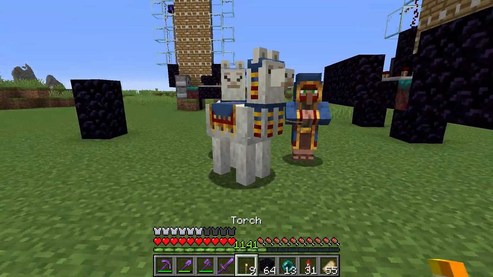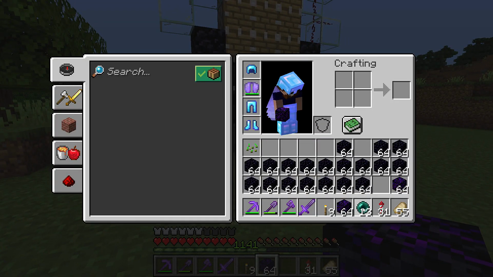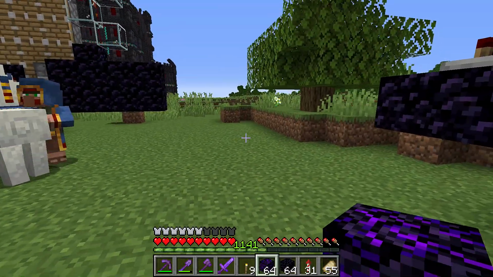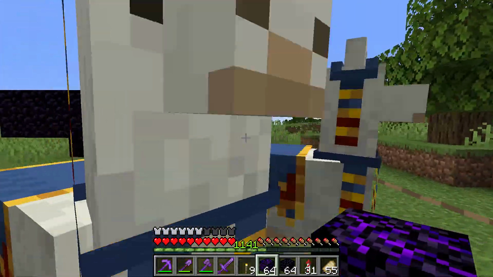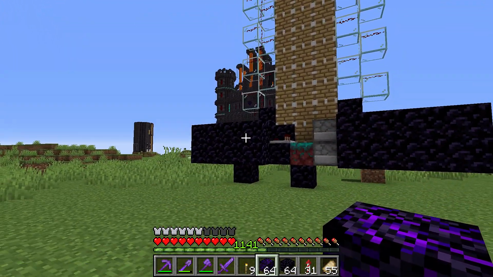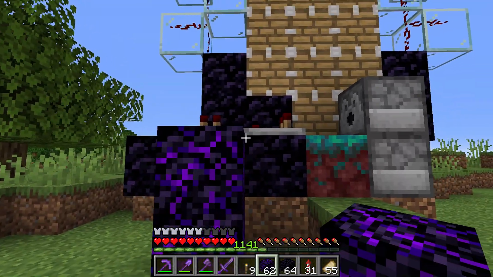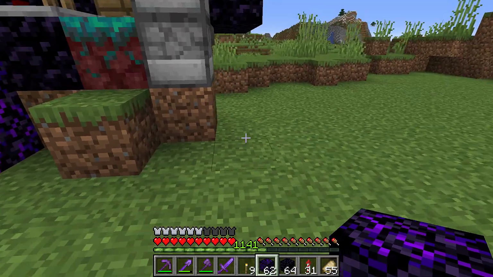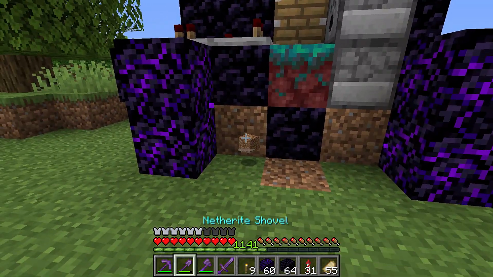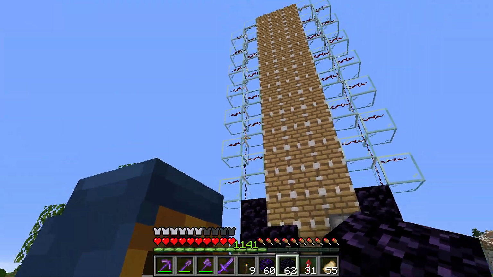Okay, so what we need to do is some marking. We'll put both obsidian and crying obsidian in our hand here. I think I'm going to put an arch around the actual piston pusher itself. I think that's probably going to be a good deal. So the arch starts from there and from there. This block does not need to be there, and we have to replace that block with good old plain obsidian. So this arch will go